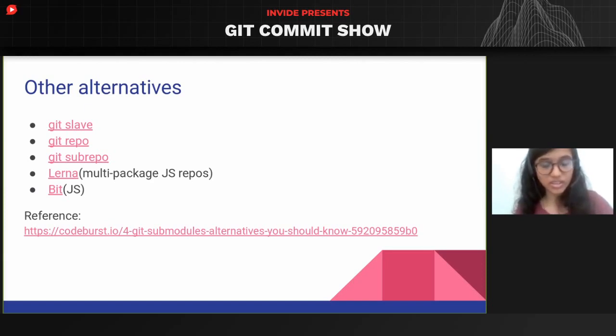So the next thing is Git repo. It is a Python script built on top of Git to extend the functionality of Git into dependency management. It helps manage several Git repos, does uploads to revision control systems, and automates part of the development workflow. And the next thing that I found really close to what subtree does is Git subrepo. It also does the same stuff, that is, it nests or clones the entire child repository into a parent repository and lets us push and pull code from the child repositories on the go.